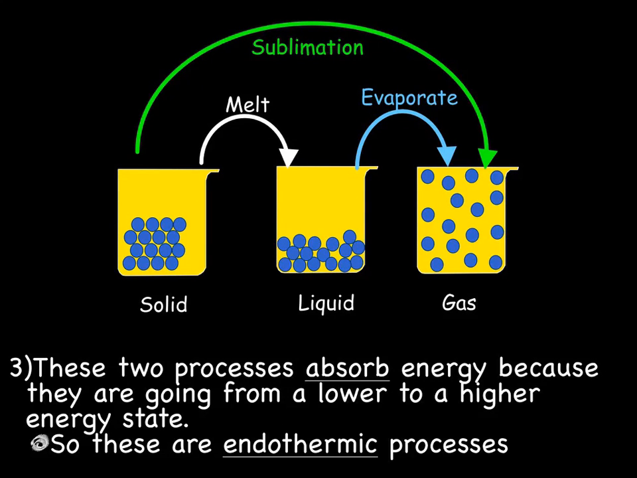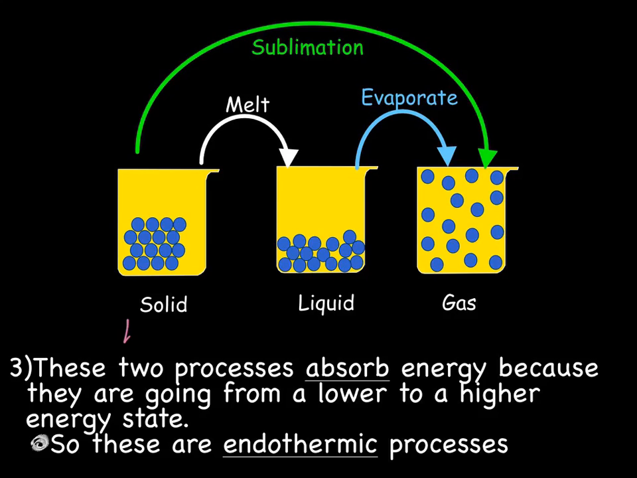All right, so let's go over some terminology relating to phase change. If we're going from a solid to a liquid, we are melting. If we're going from a liquid to a gas, we are evaporating. And if we're going all the way from a solid to a gas, we are subliming. It's called sublimation. Now, something to keep in mind here is